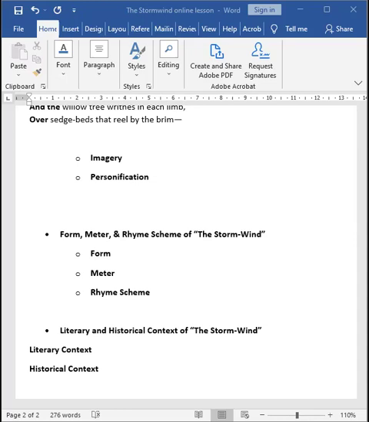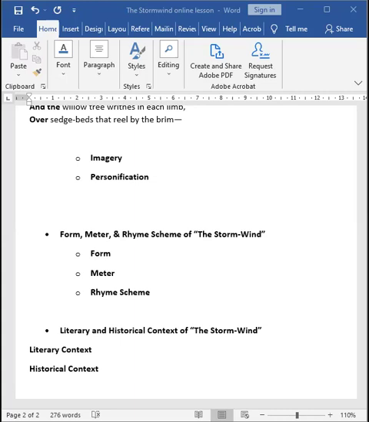Okay, so in the same way, if you divide the quatrain into two lines each, then the first two lines are actually talking about the violence of the storm against nature. The second two lines are talking about the violence of the storm against human beings. But the third two lines, which is a couplet, is completely opposite. Therefore, it is suggesting the pattern of the rhyme scheme as well.